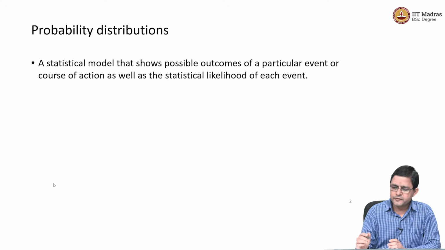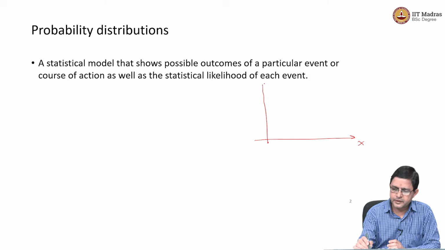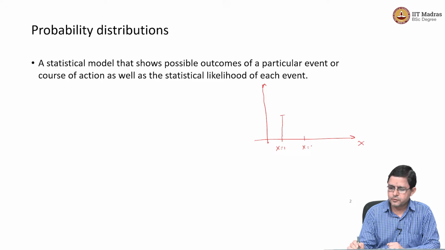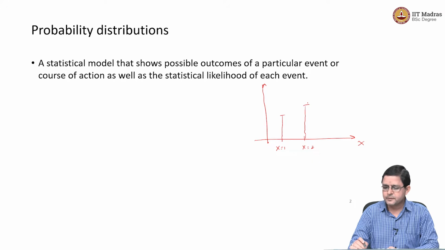For example, if you recall, we may have said that the x axis represents the values of the random variable, the y axis represents the probability, and for a discrete random variable we will say, what is the probability that x takes on a value equal to 1, and then we would have said some probability. What is the probability that x takes on a particular value 2, and we would have said some probability, right. So, this is how the probability distribution looks for a discrete random variable.